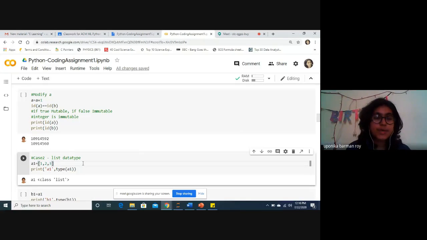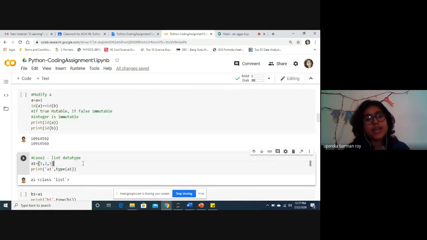Now I'll come to the important part of Python: the list. A list is nothing but an array. When we have an array in C or Java, we need to write a lot of programming and a lot of lines of code. But in Python the work becomes very easy because it is represented as a list in square brackets, and most interestingly, inside the square brackets you can put any kind of data type, like a mixture of integer, string and float.